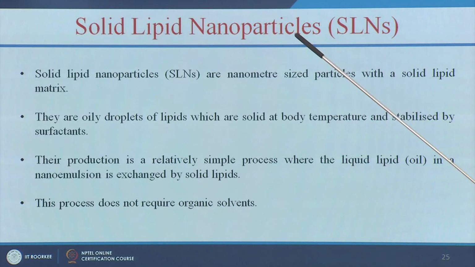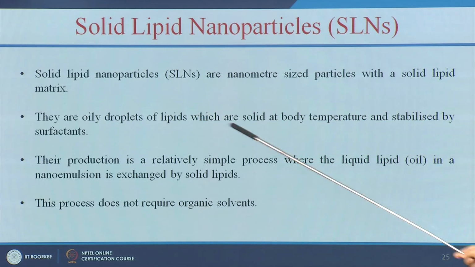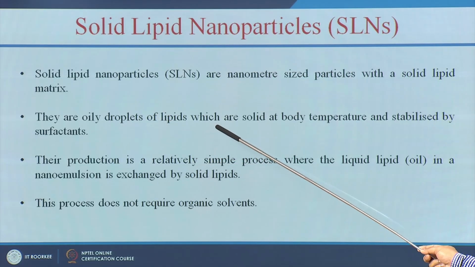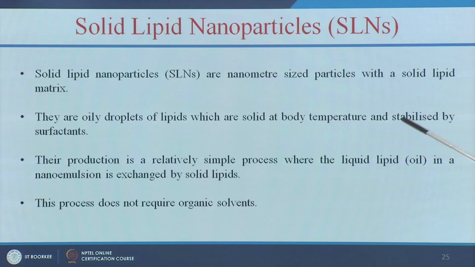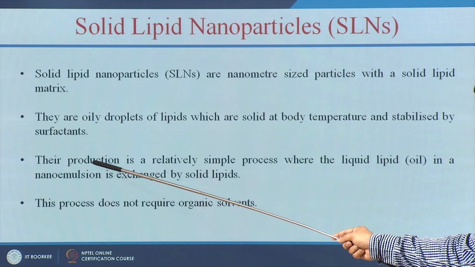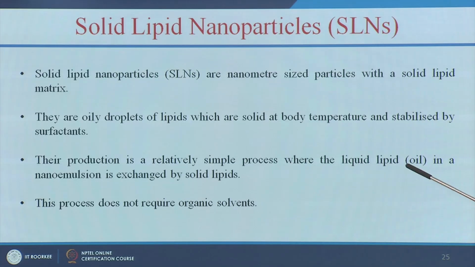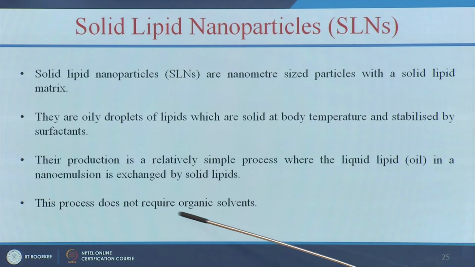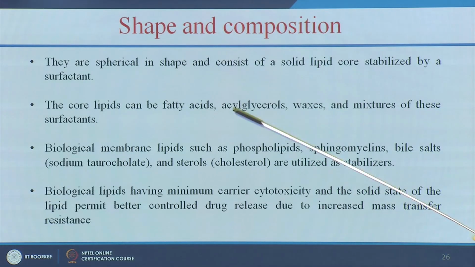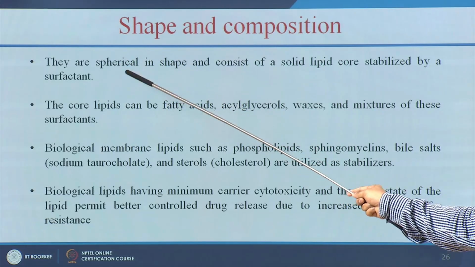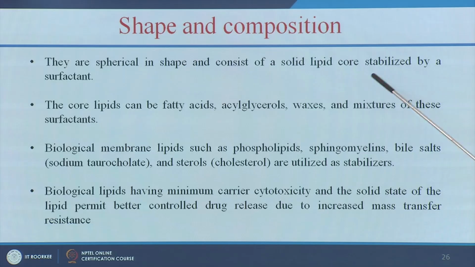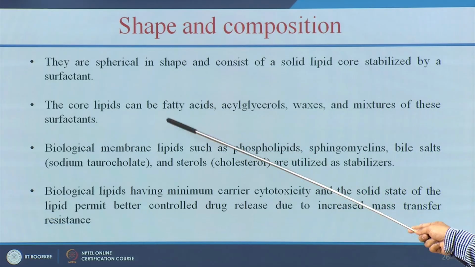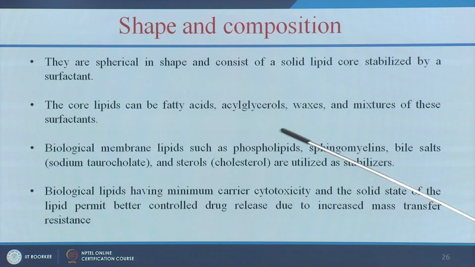So, let us see what are solid lipid nanoparticles. So, solid lipid nanoparticles are nanometer size particles with a solid lipid matrix, okay. So, these are oily droplets of lipids which are solid at body temperature and are stabilized by surfactants, and their production is a relatively simple process where the liquid lipid oil in a nanoemulsion is exchanged by a solid lipid, okay, and this process does not require any organic solvent. Here we can get this SLN, that is solid lipid nanoparticles, spherical in shape, okay, and you will have the solid lipid core, and this core lipid can be made up of fatty acids or waxes, and